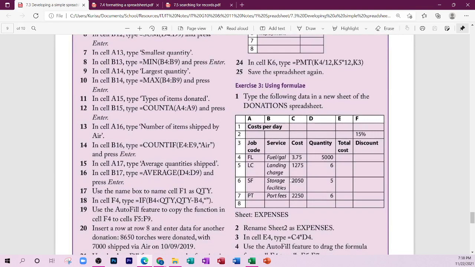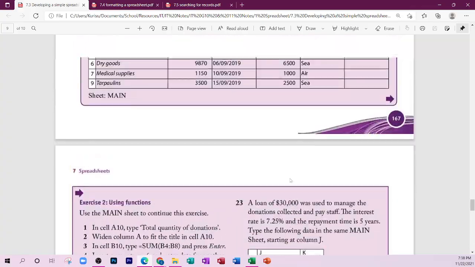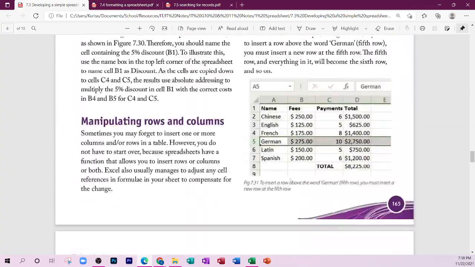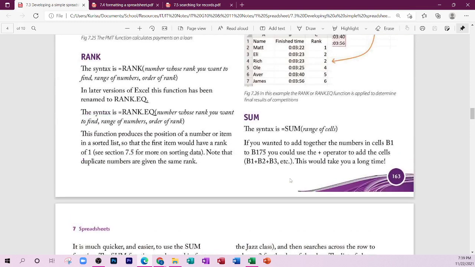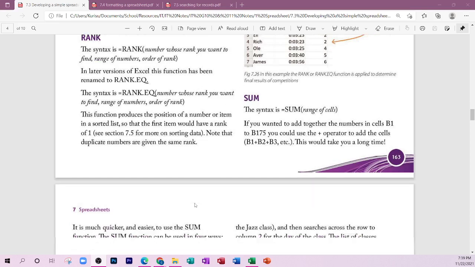Please remember, it's important for you to remember how VLOOKUP works, how IF works, how COUNTIF works, those technical functions. If you don't remember them, always go over the exercise, watch back the previous recording to get yourself a refresher, because when the SBA comes, the spreadsheet part of the SBA,